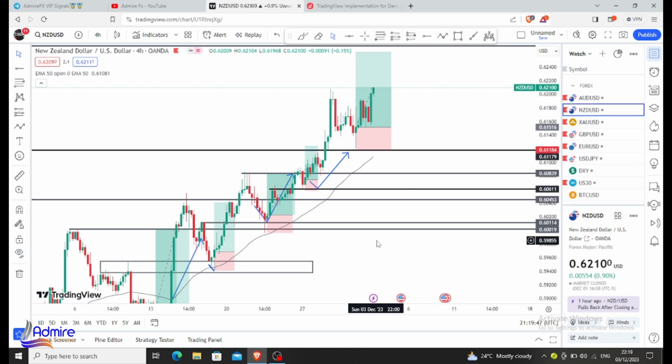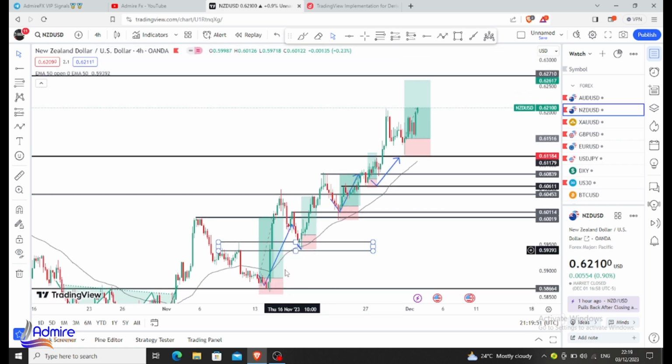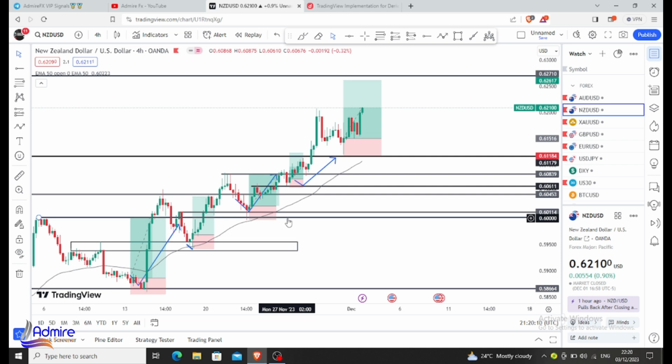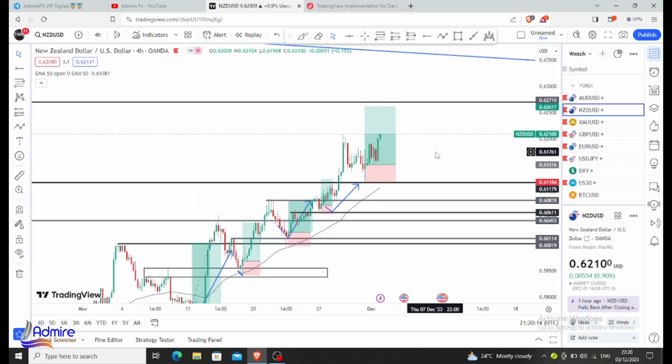Like I always tell you guys, I'm a swing trader. So if I had meant to hold this trade, like that of AUD USD that you just saw, you can see I'm still holding that, because I told you guys I would still be holding that. But with this one, we know when to enter and when to exit. You can see the levels of our exits, so sniper to the core. NZD USD was an awesome trade for last week.